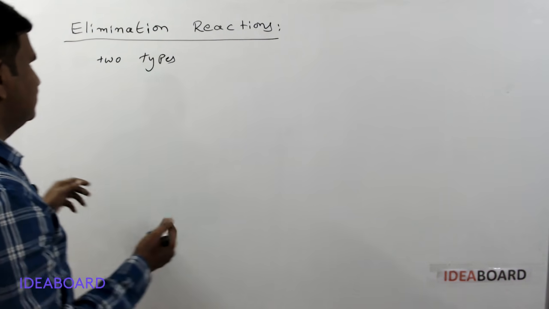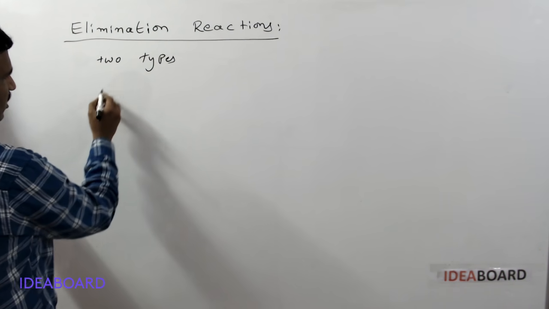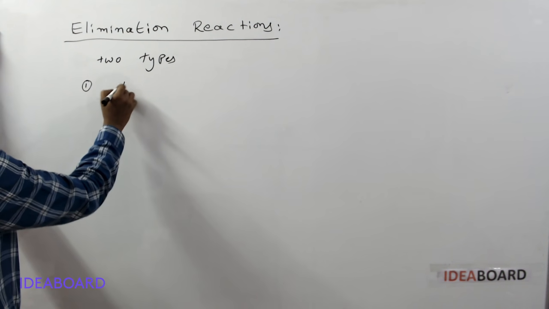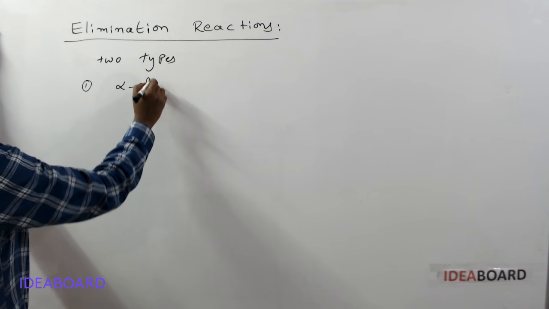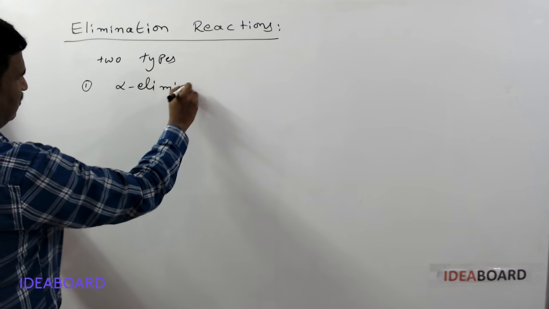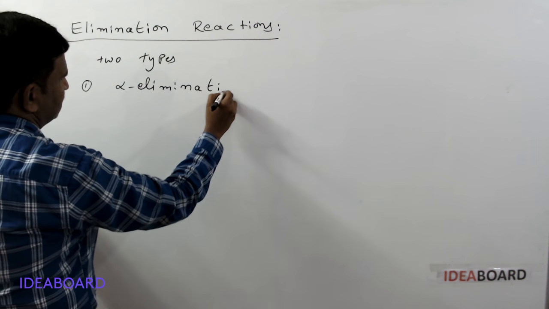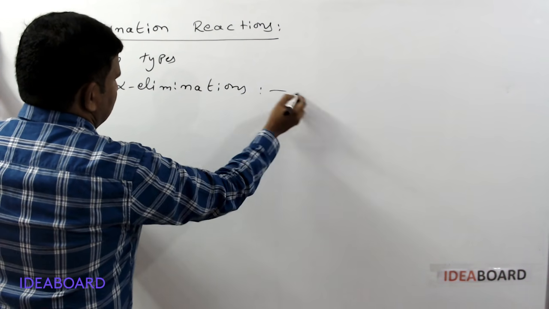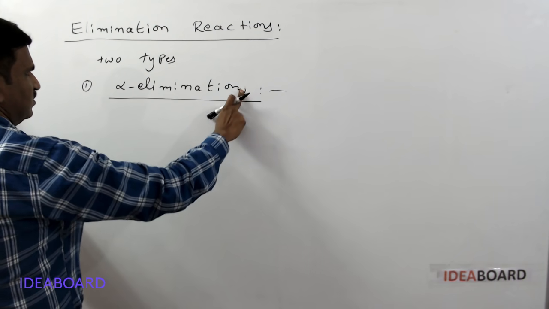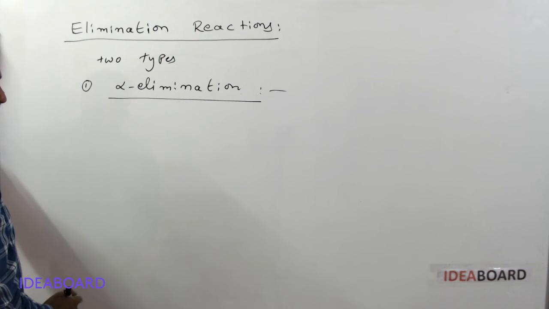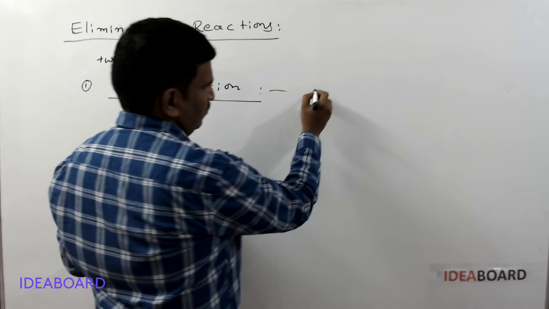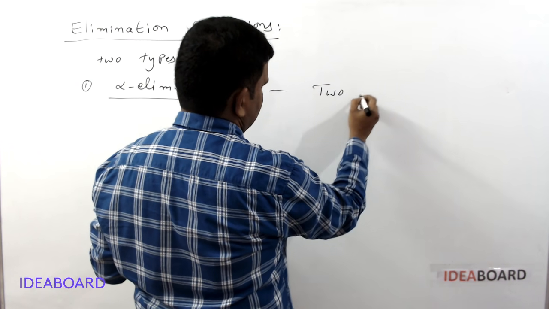And in this process, elimination reactions, mainly there are two types. The first type is called alpha elimination reactions. Alpha elimination reaction means what? Here alpha elimination reaction means if two atoms or groups